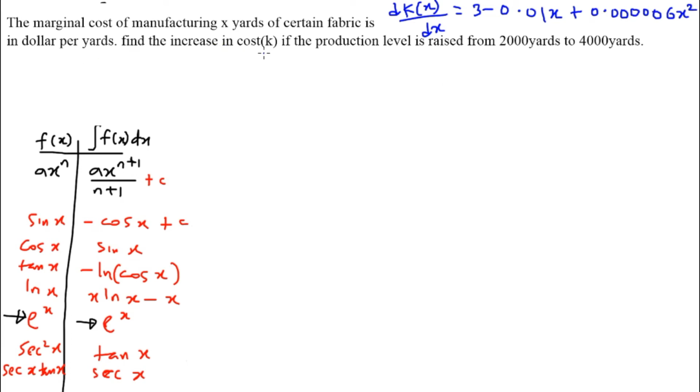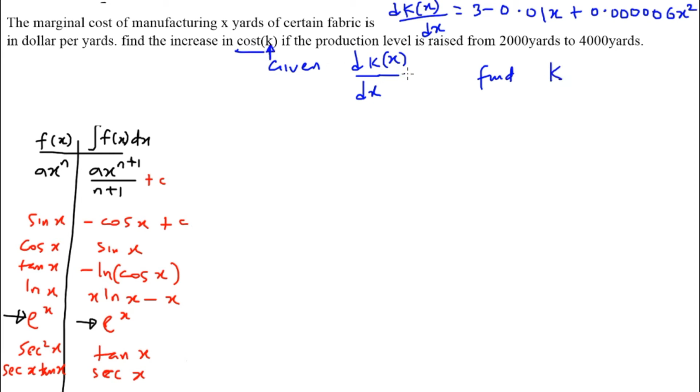Find the increase in cost k if the production level is raised from 2000 yards to 4000 yards. So the question is, what we were given is dk/dx. What they are trying to say is that k is a function of x. That's what it means to have x in the bracket. So if we were given dk/dx and the question is saying find k, that is find cost, which means